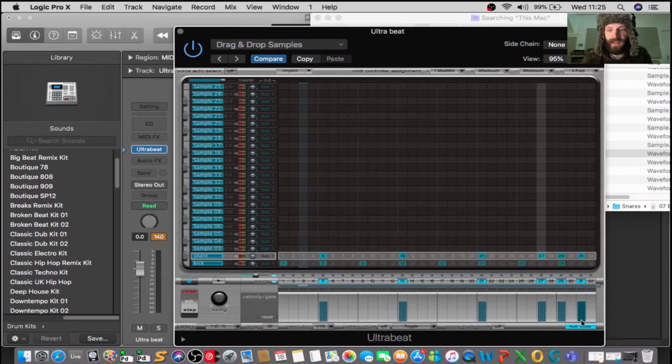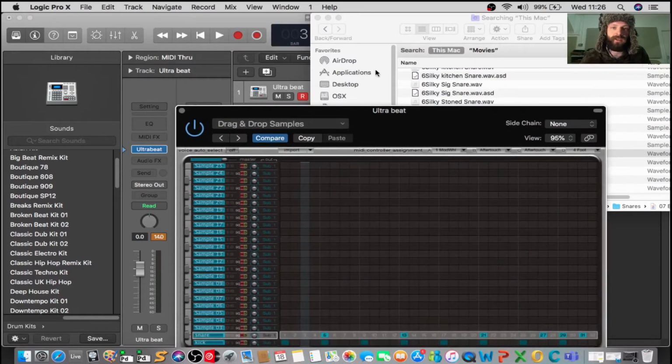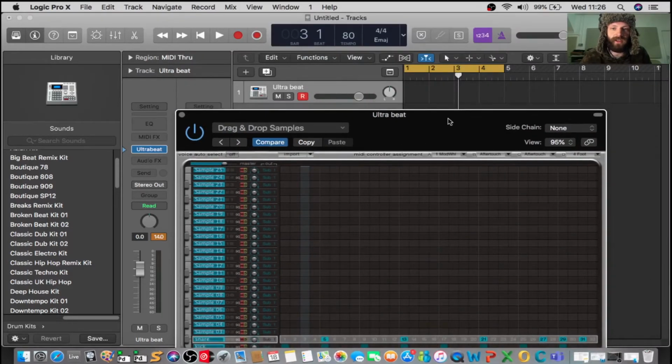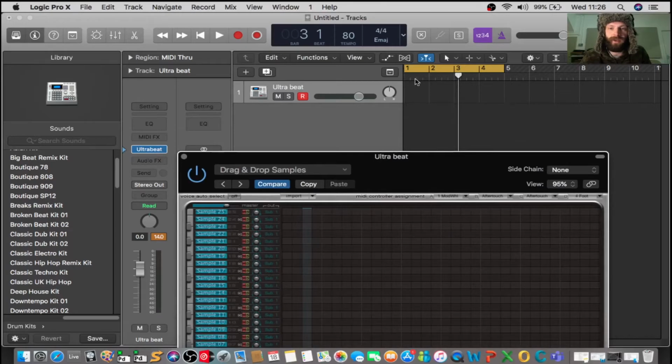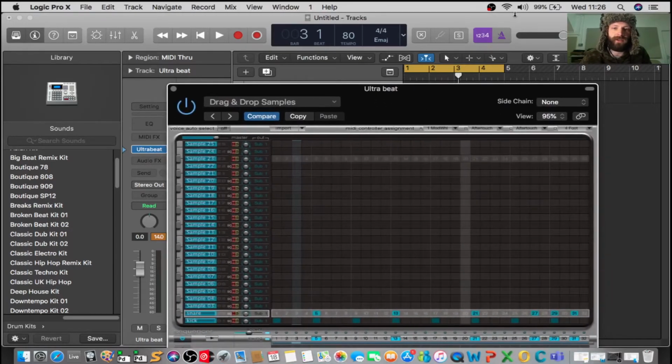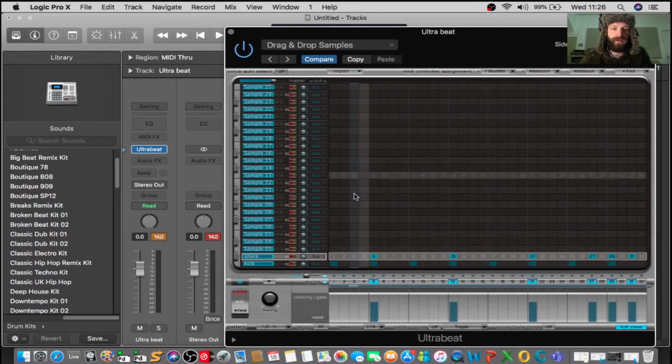Next thing I need to tell you quickly about is exporting this MIDI from the sequencer, because at the minute it only currently exists in our sequencer. It's not in the arrangement view, so we need to get it from the sequencer into the arrangement view, okay? So to do that,